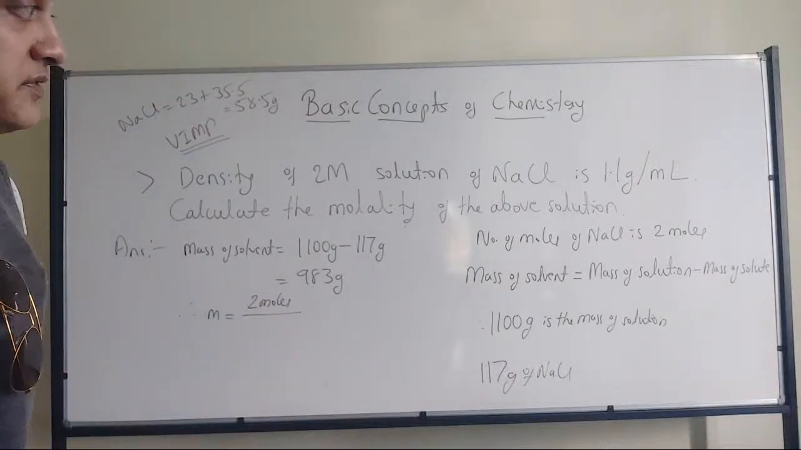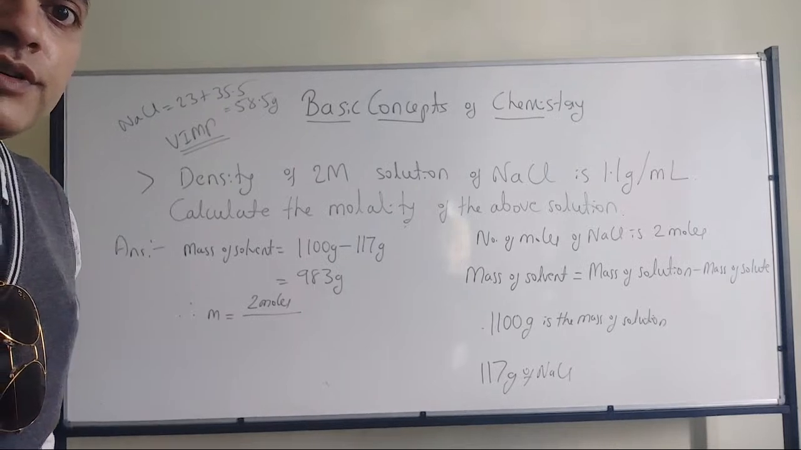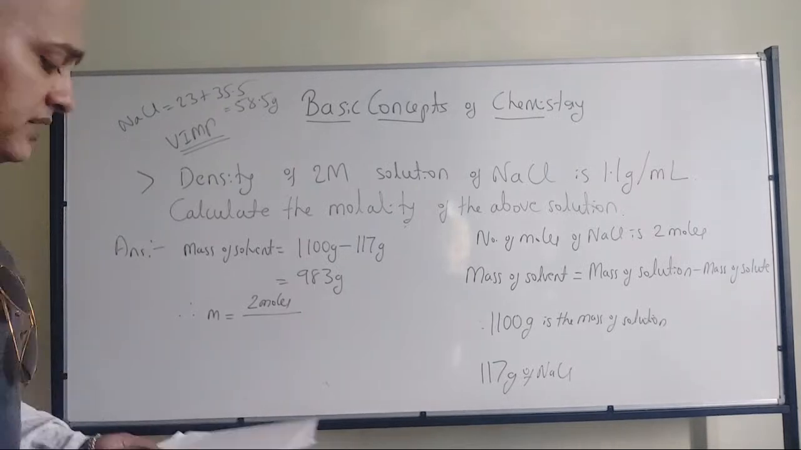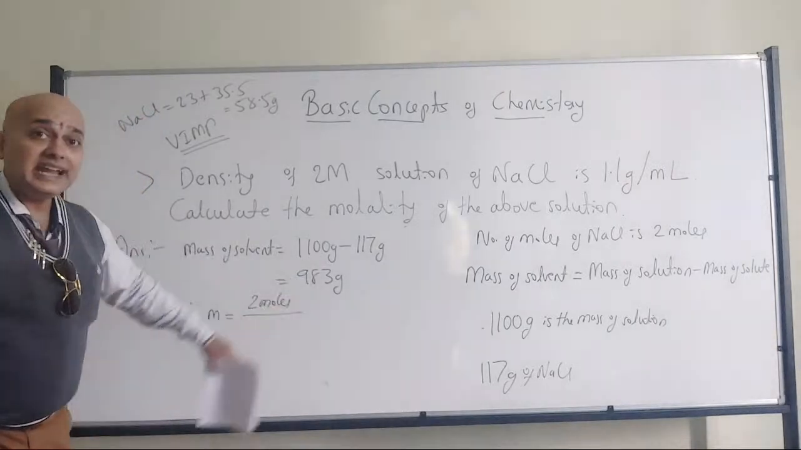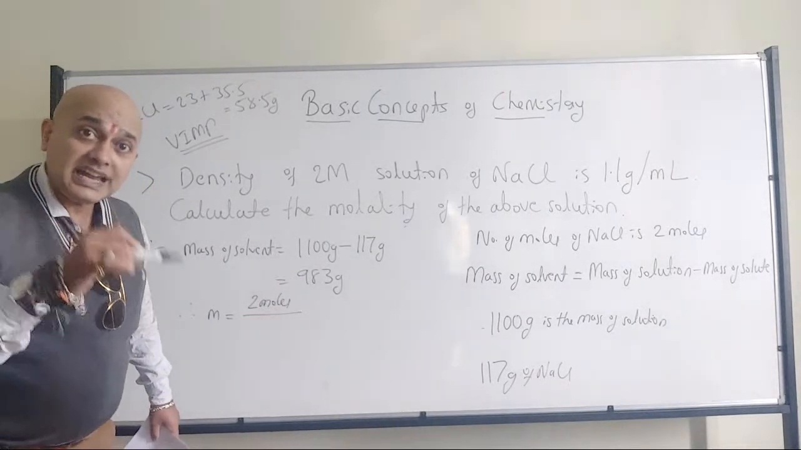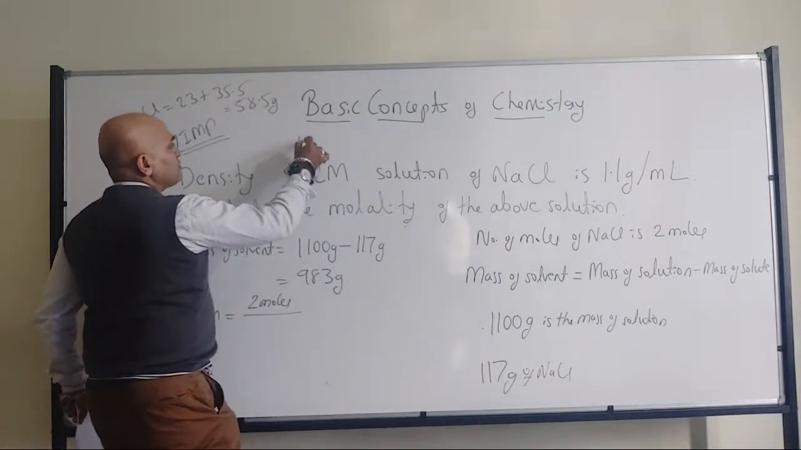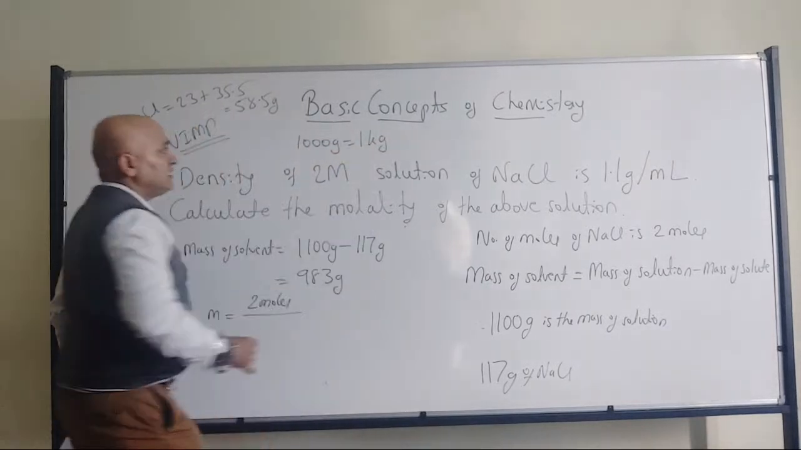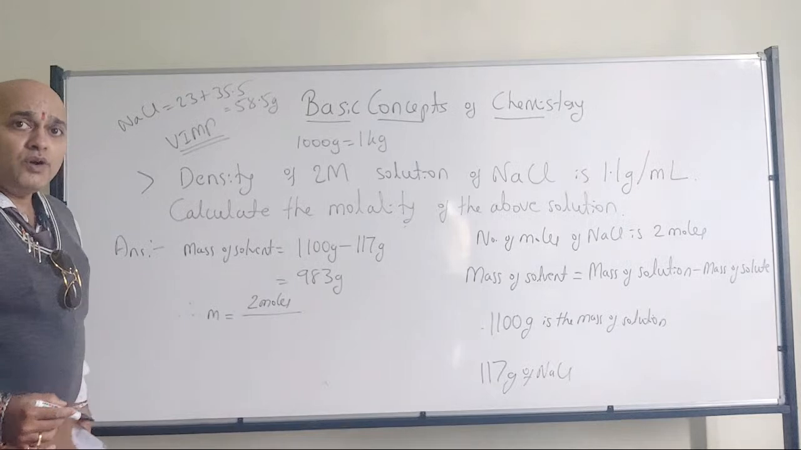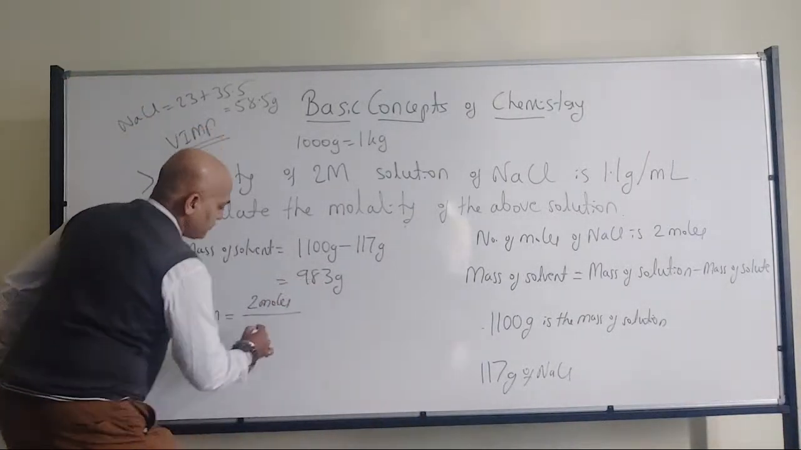So, mass of solvent in kg. What to do? Yes, Sanya. Absolutely right. So, whatever we have got, that is 983 gram. Convert that into kg, because we know that 1000 gram is equal to 1 kg. So 983 gram will be equal to